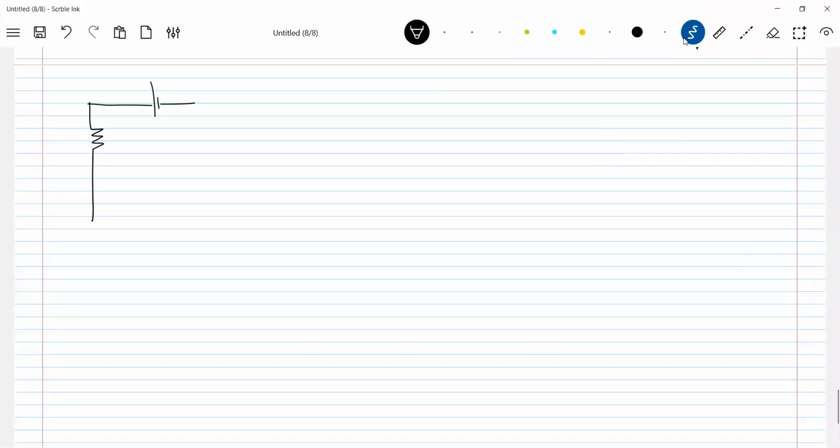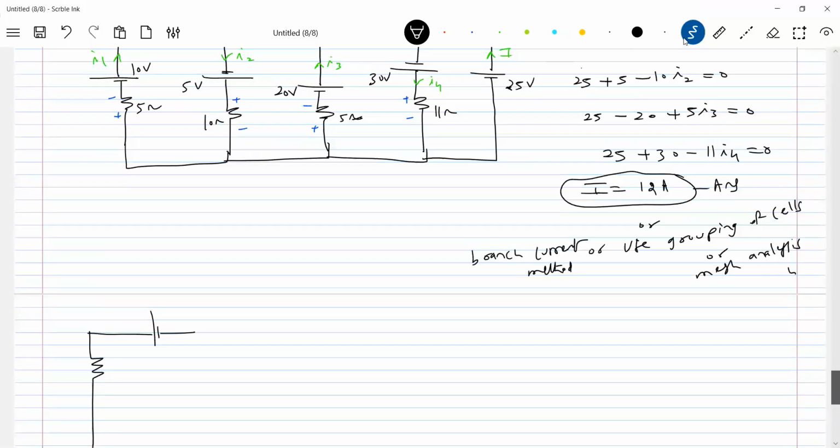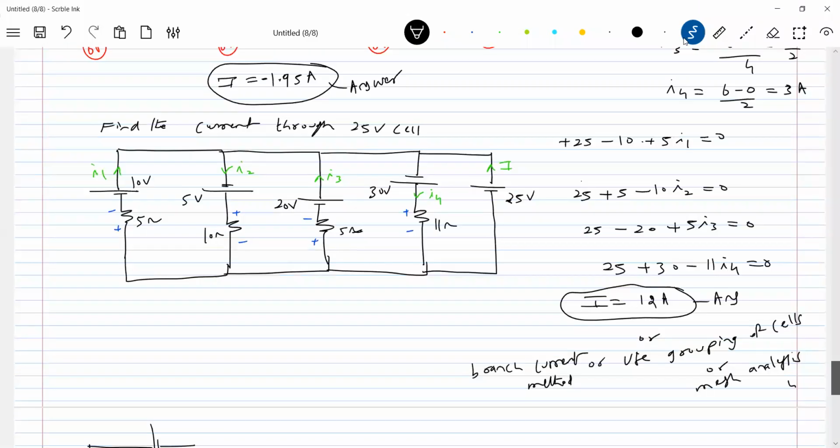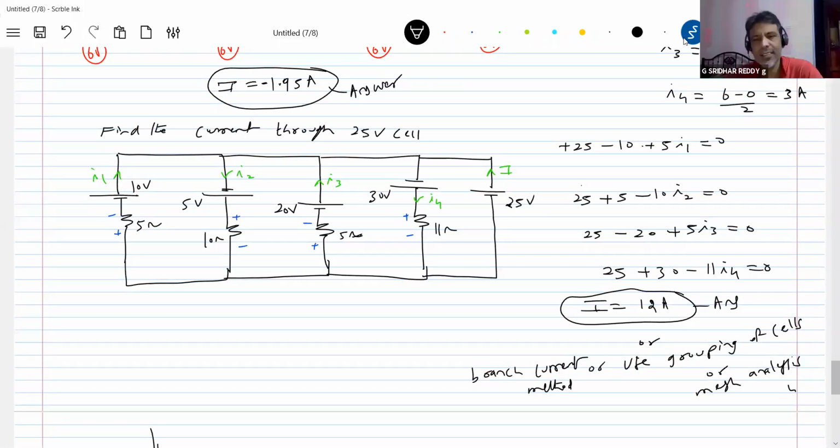Sir, while finding capital I, are we supposed to add I1, I2, I3, the modulus of it, or not? Not modulus. The KCL is what I applied. Why modulus? Why are you bringing some new concept? No modulus, nothing. Apply KCL here. I1, I2, you assume some current, say IA. Apply KCL. I1 is equal to I2 plus IA. IA is what I assume like this. I'll solve it, I'll get IA.